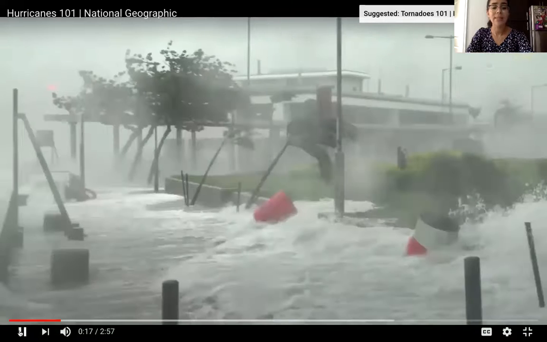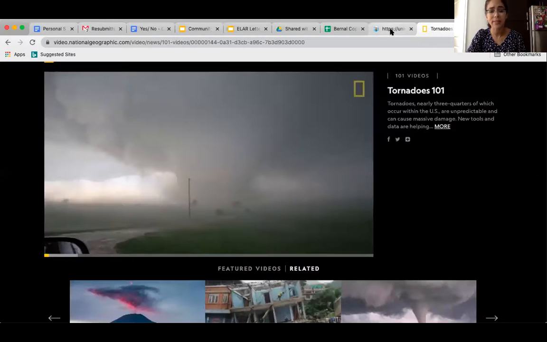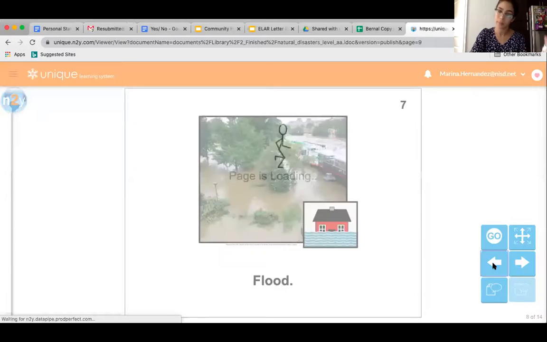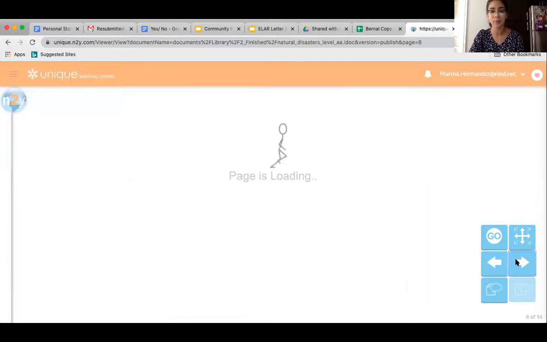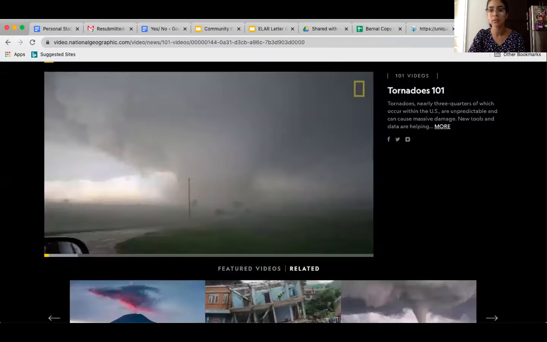Hurricanes are unpredictable. We did see Hurricane Harvey right in Houston. We monitored it. We actually got a lot of rain here too, didn't we? Very, very scary because it can bring many other things like very intense winds. It can bring hail. It can bring a lot of water, causing the previous one, floods, both natural disasters. And our last one is a tornado, and this is what it'll look like.